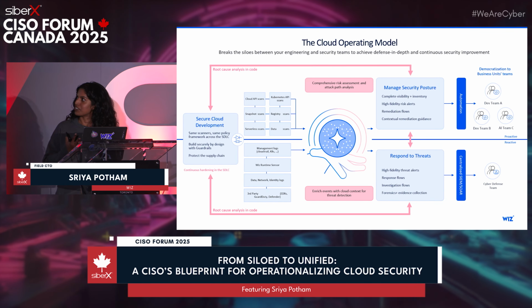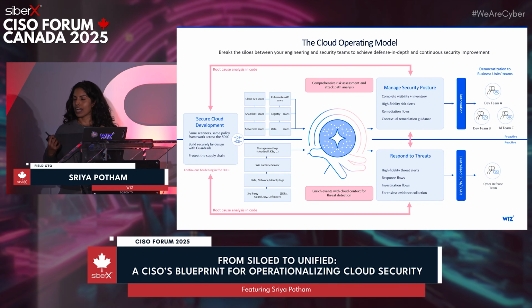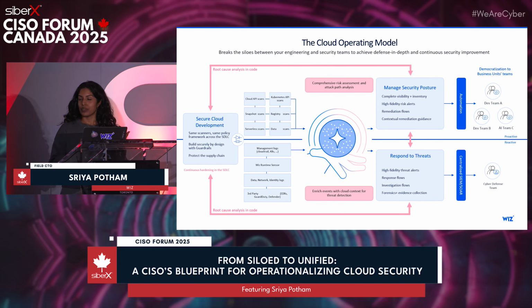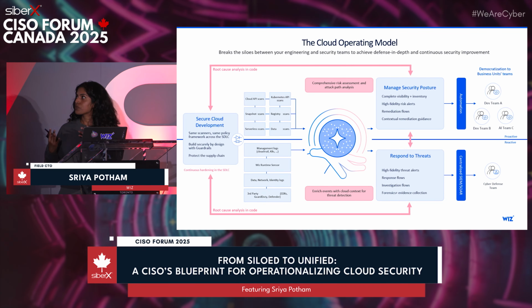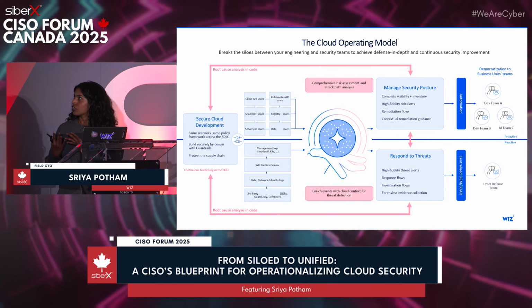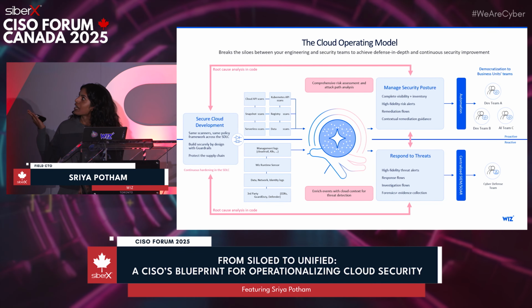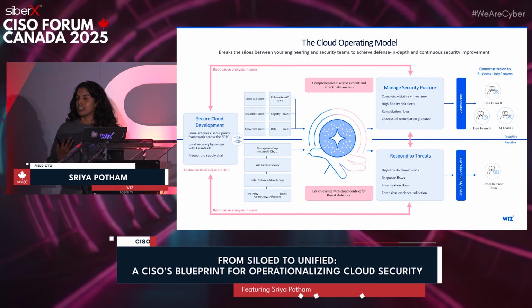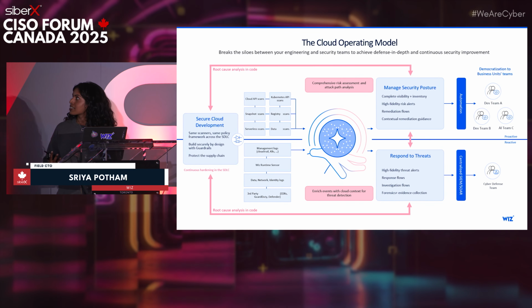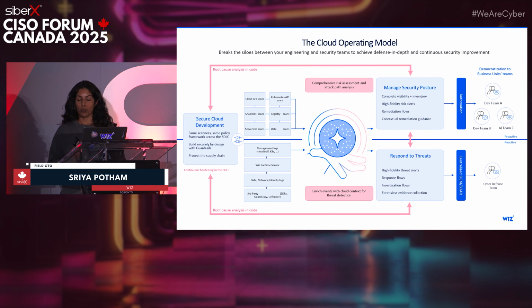Starting from secure cloud development, you're using the same scanners, the same policy frameworks across the whole SDLC. So the same policies that you have within your pipeline, within your code repositories, are probably also similar policies that you're going to have in your runtime managing security posture. Once code is deployed, you're probably going to look at it in runtime to see a complete visibility of what's been deployed, to understand the risks that are prioritized in runtime, and help you understand what needs to be done next.